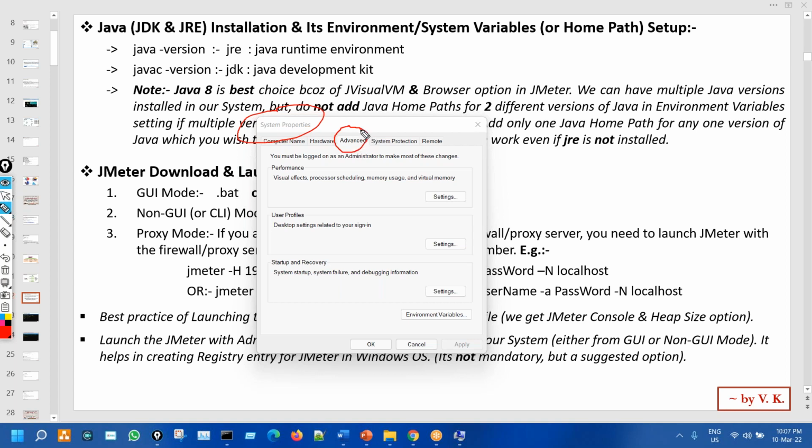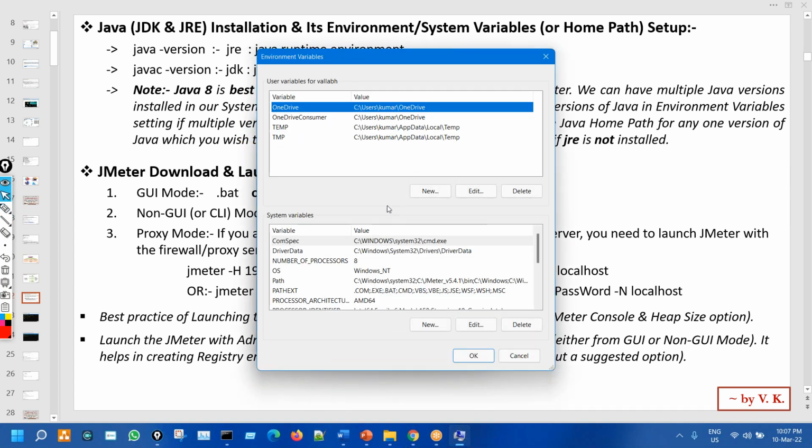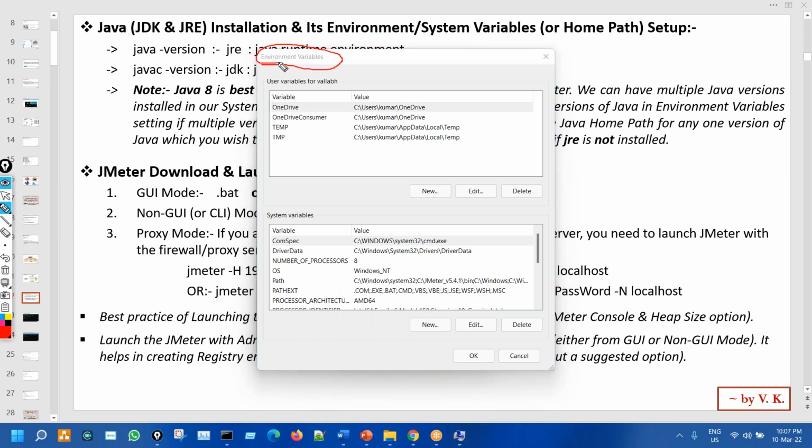And here you'll see the Advanced tab, and only in that will you get this environment variable. Click on that. Once you click on that, one more pop-up will open. In this pop-up, which is called environment variables, two things will be there: one is user variables, and the other is system variables. Now, what we have to do generally,